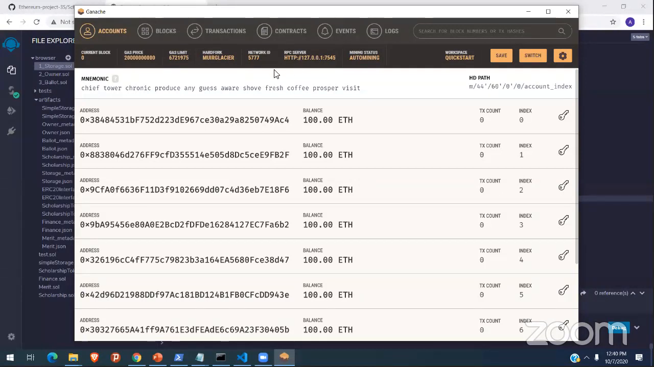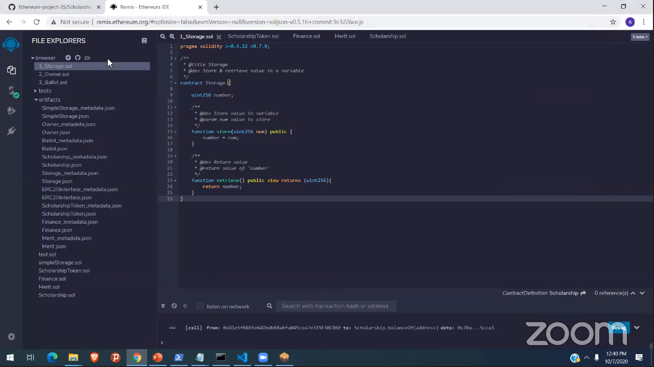Usually by default Ganache CLI is 8545. So while connecting, you can see that by default it will be showing 8545. We have to change it to 7545. We have to change it in the Remix, not here. Here it is 7545 itself. Okay, fine. Then after that